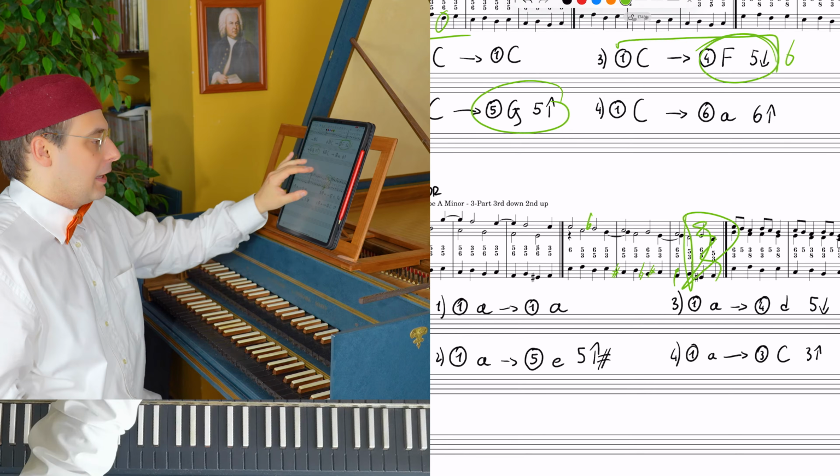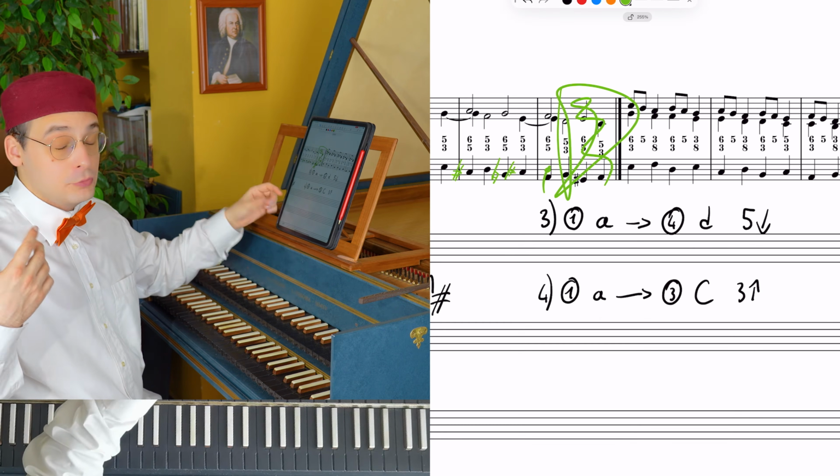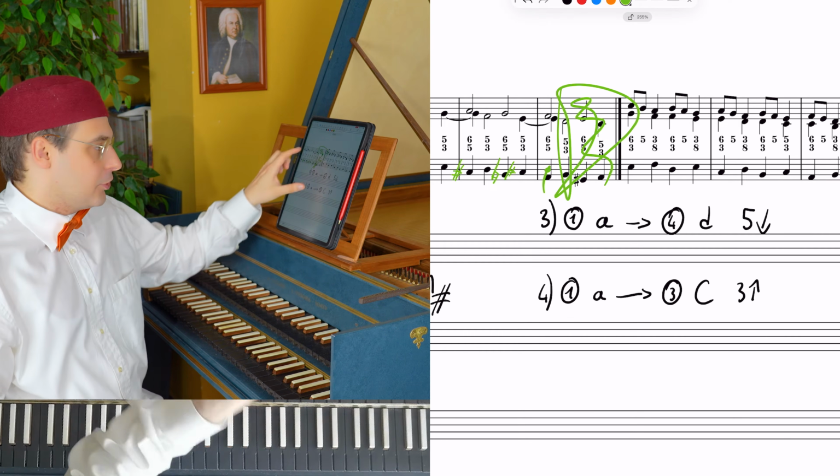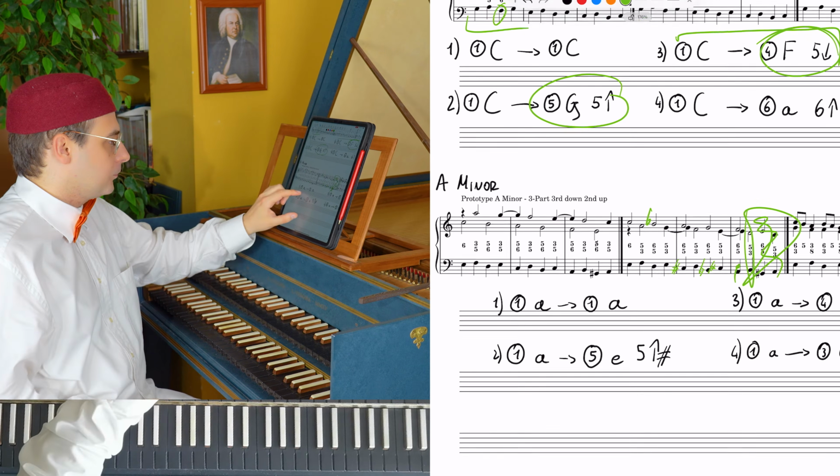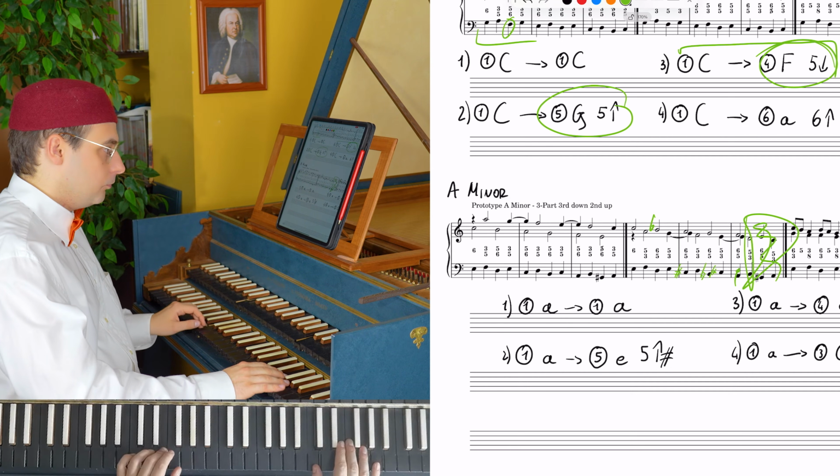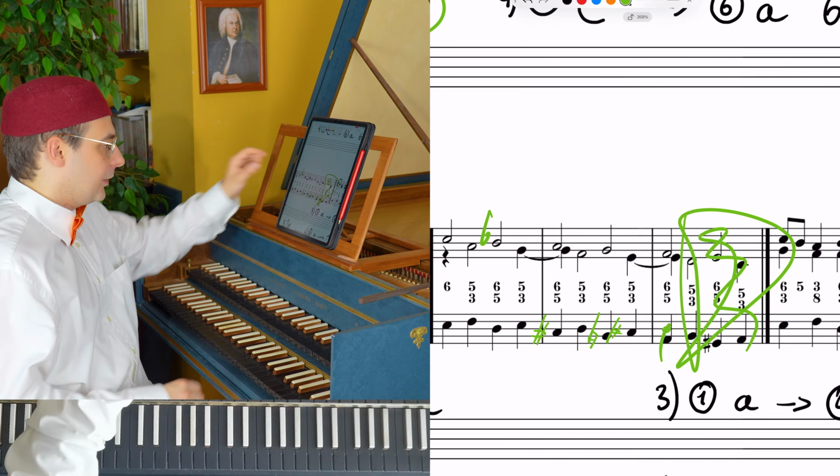Now, what's the following step? The following step consists of the modulation to the major relative. So in this case, C major. Let's play it. Sequence. The second kind, so